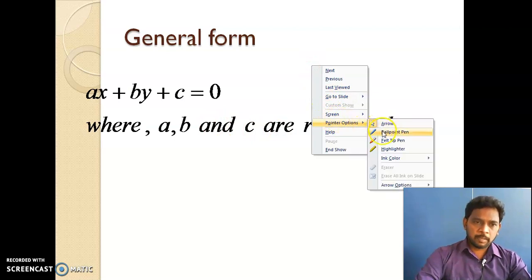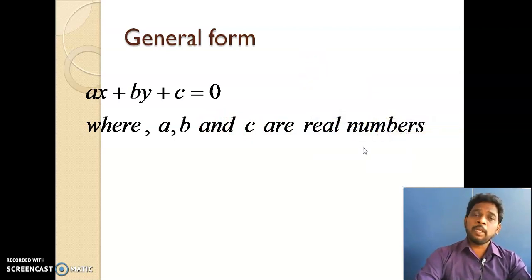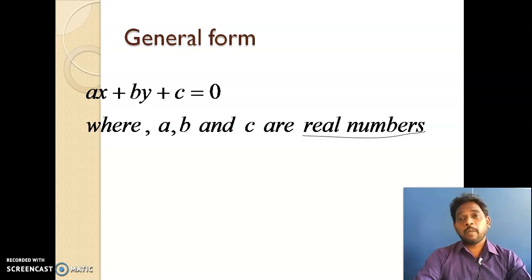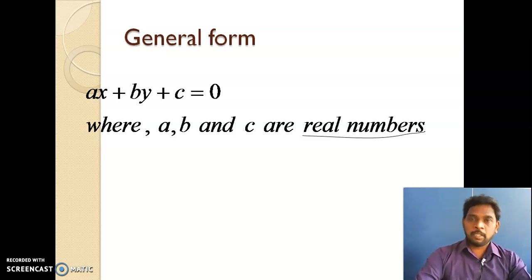First, what is a real number? A real number is a combination of rational and irrational numbers. So all numbers come under the category of either rational or irrational. Therefore any number, that is a decimal number, a fraction, a negative rational number, or a square root number, whatever it is, comes under real numbers. So the coefficients a, b and c here are real numbers, right?